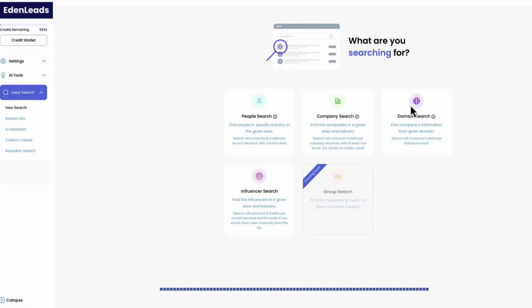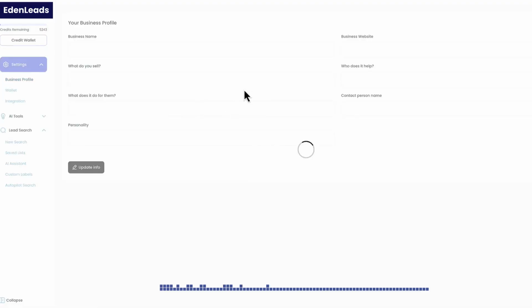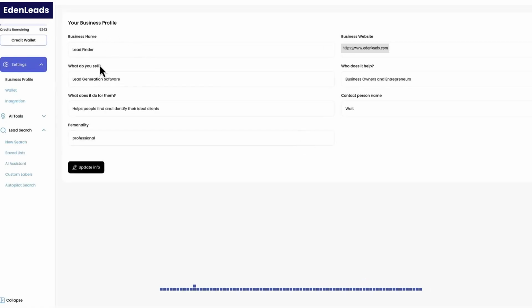The lead generation tool is designed to help you find your ideal customers quickly and easily. With different search models, which we'll go through in just a moment, you can find your ideal customer very simply within the program. Starting all the way at our settings area, loading up your business profile, things like your business name, what you sell, and who you sell it to, will allow the AI to be fully trained and suggest